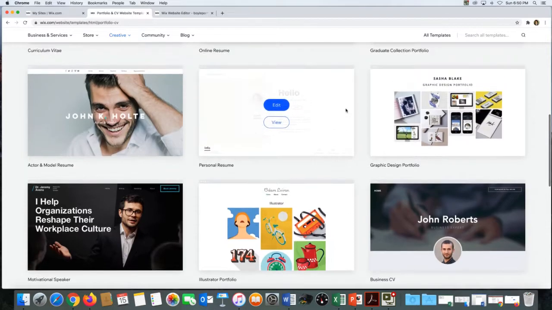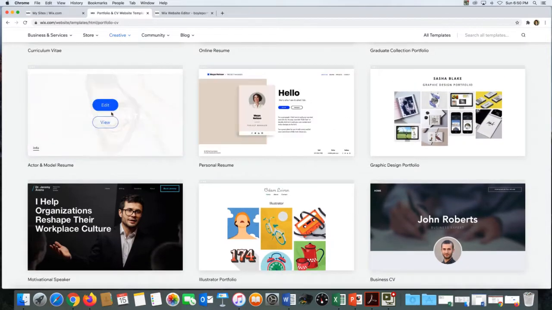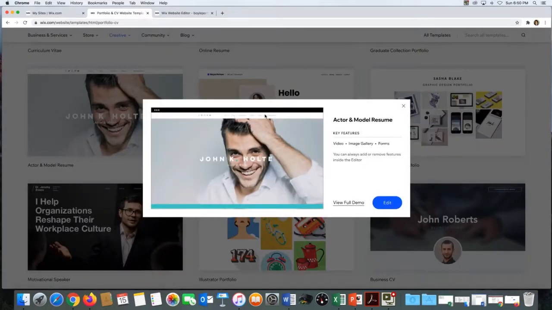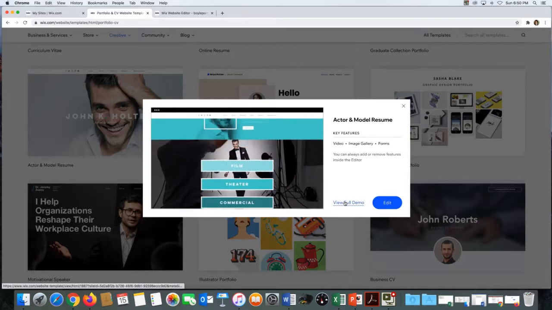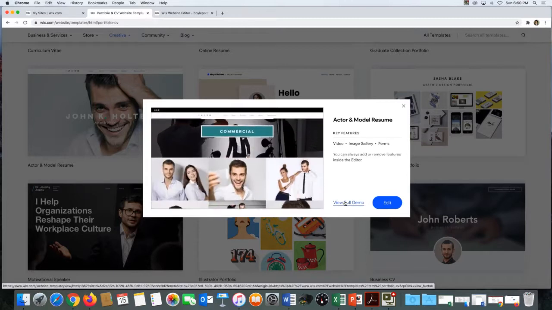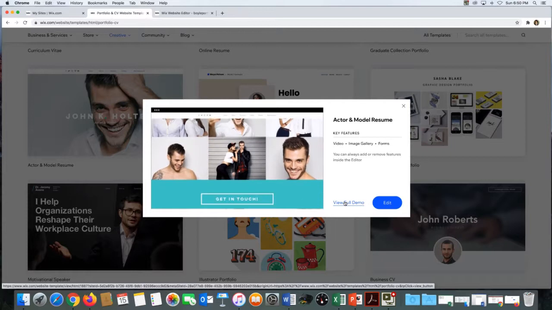So I'll give you an idea of that here. This is one that's all one page. It may look like it has different sections when you look at it here. So you hit view to see it, and then you're going to go view full demo to kind of play around with it and see all the pages before you choose whether to edit or not. So if you view the full demo